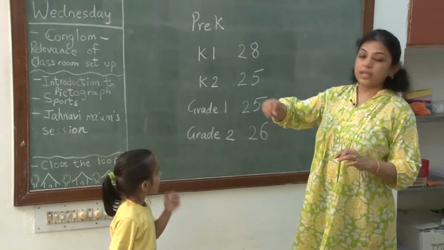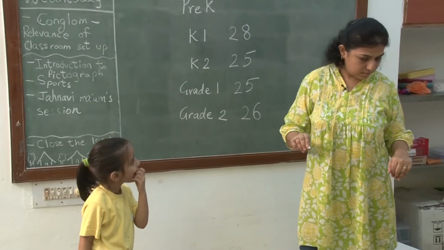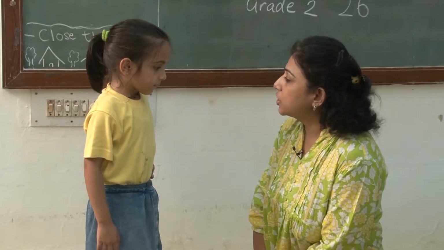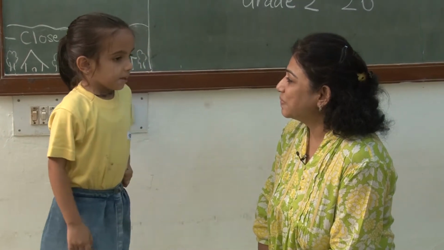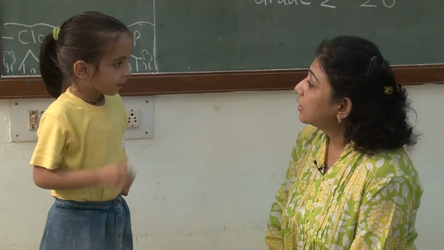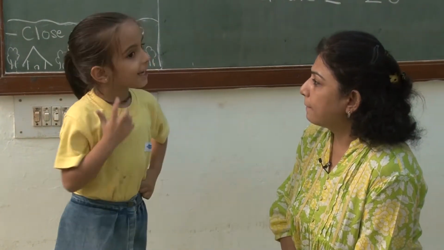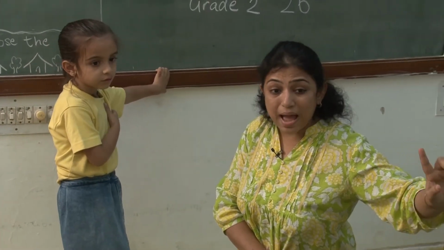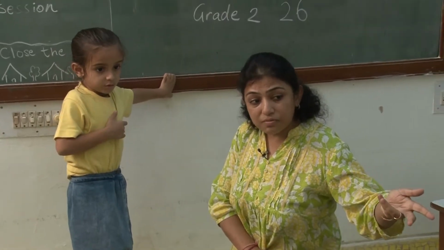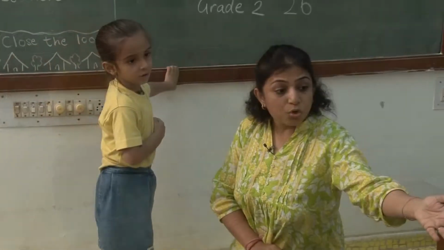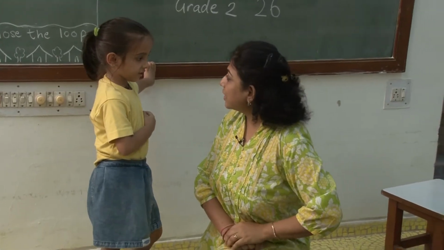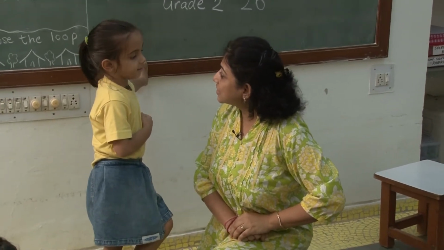And Srisha is finally back with us. And Srisha is going to tell us how many children are there in pre-K. There were 21. How do you know? Because I counted the bags. Do you think she is correct by counting the bags? What problem did we face over here? You did not count the ones who were absent. So do you think that there are some children absent in the class?